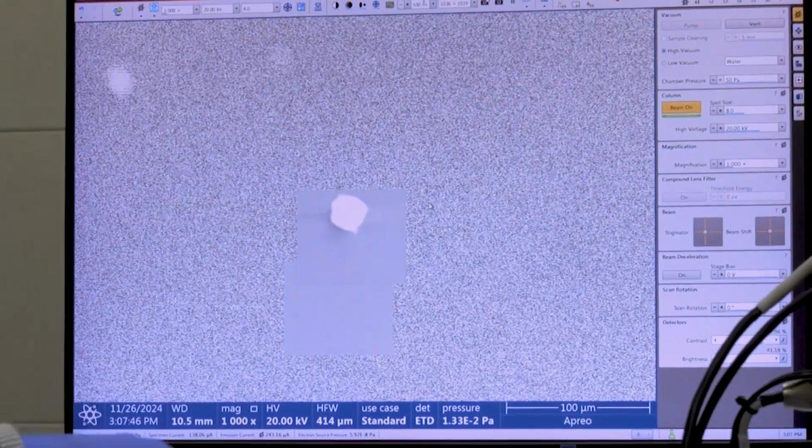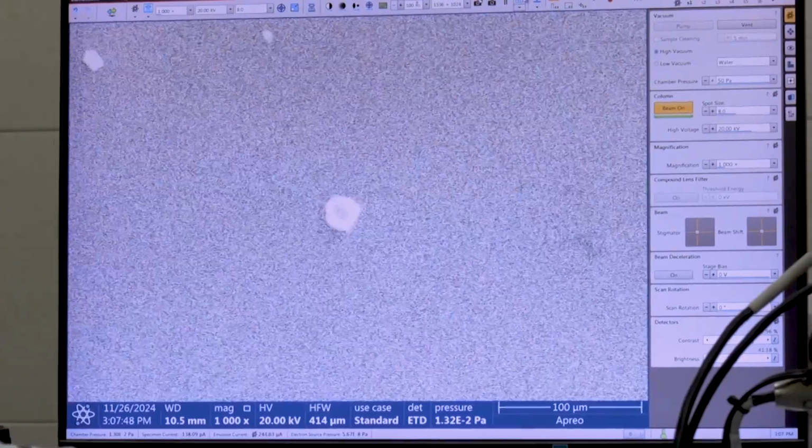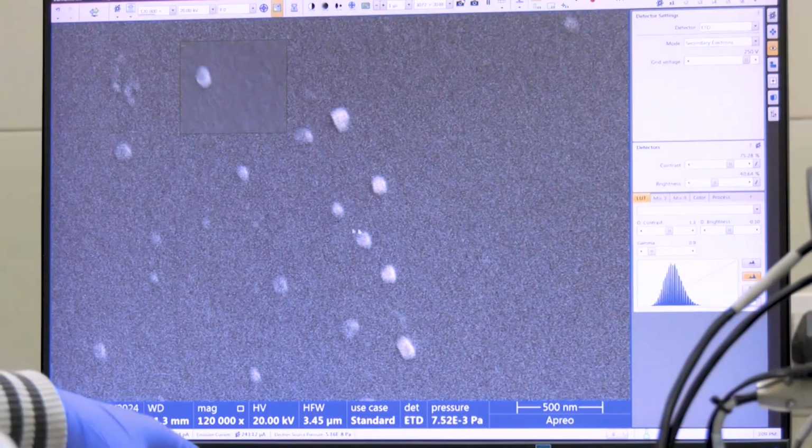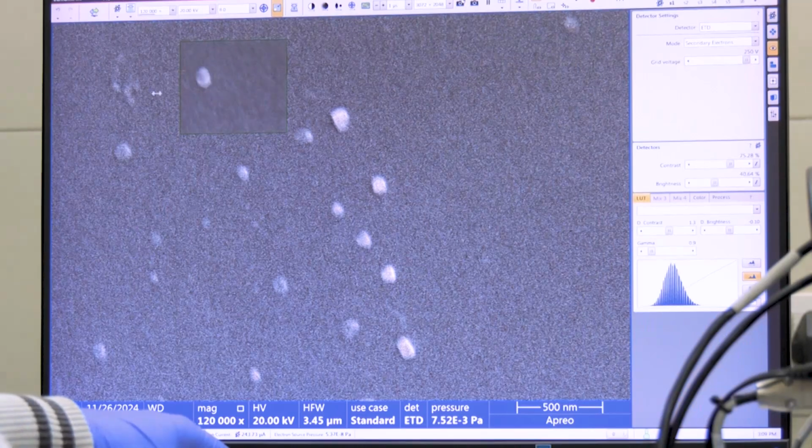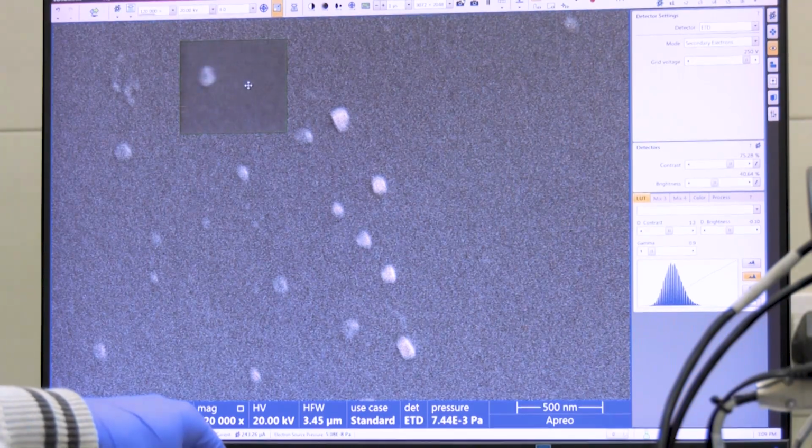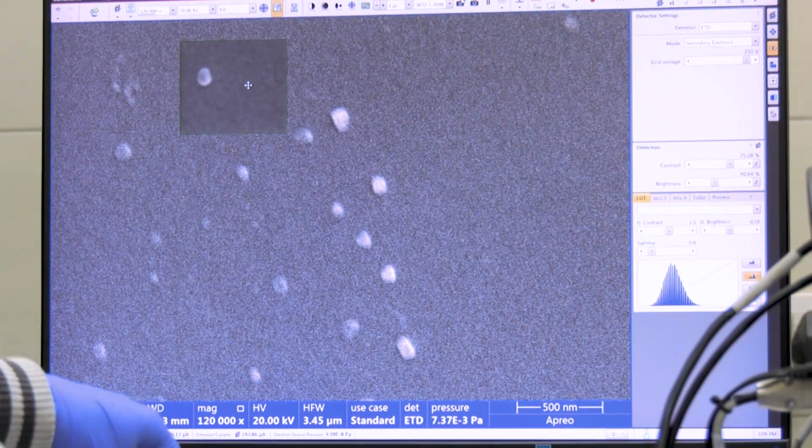We will increase the magnification and then we focus on a part of the sample. The focus and contrast are adjusted till we get a clear image of the sample surface.